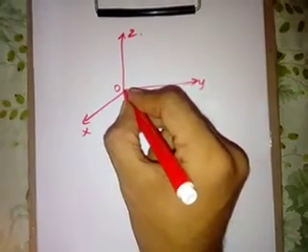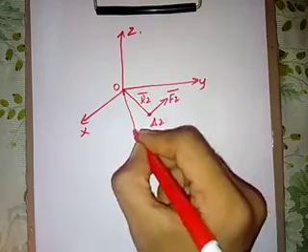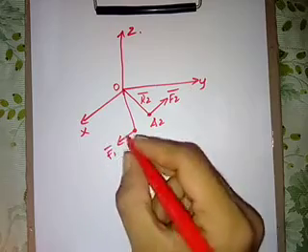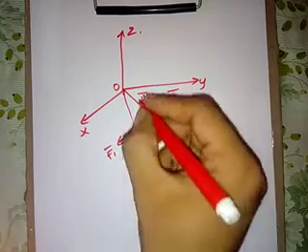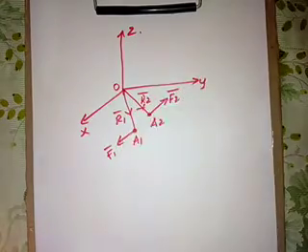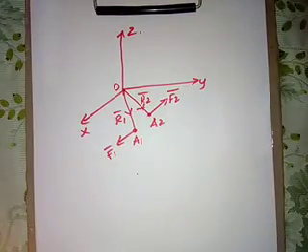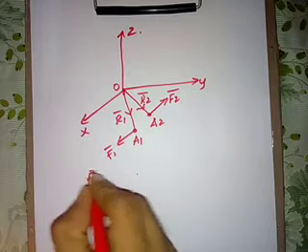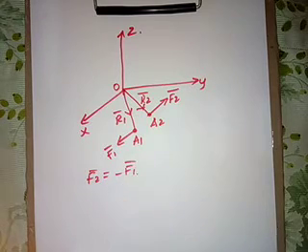There is one more rotating force acting, F1 bar, about the point A1. Its distance from the origin is R1 bar. This is how they are acting on the points A1 and A2. Assume that F2 bar is minus F1 bar. So what will be the total torque T bar about the origin?